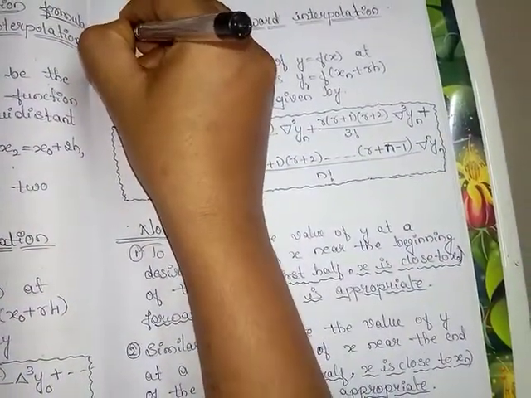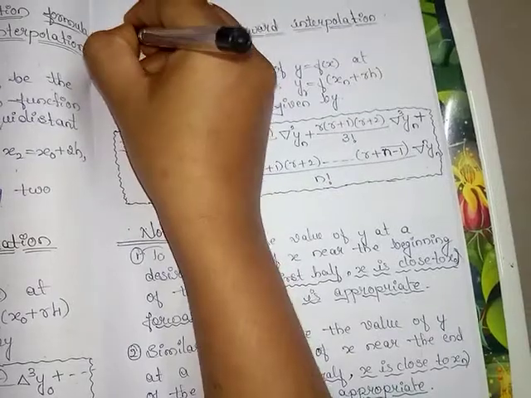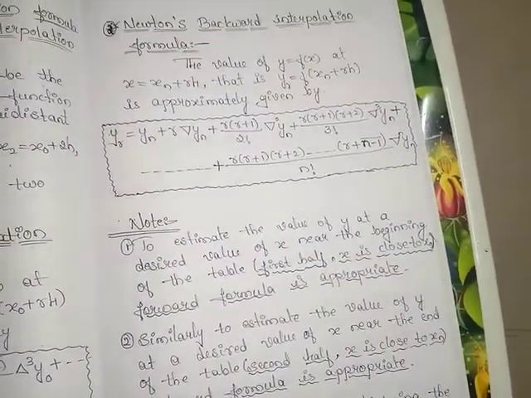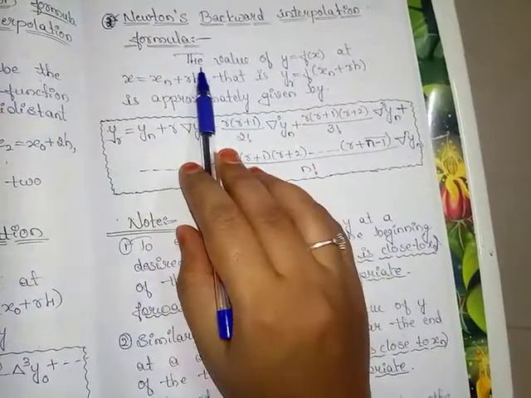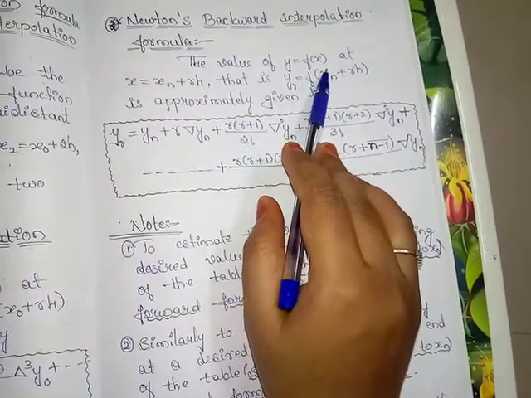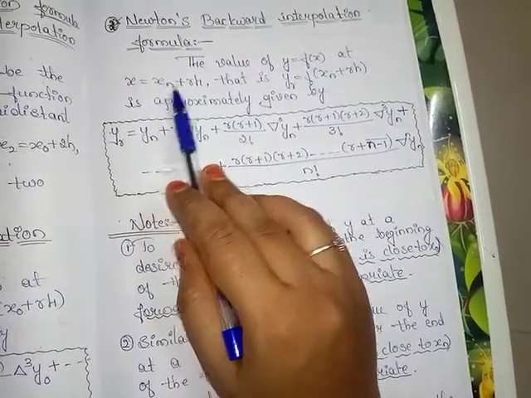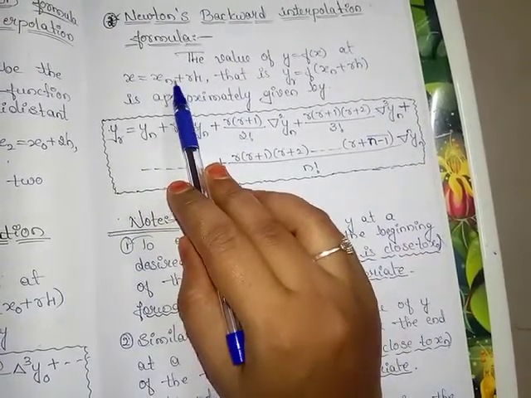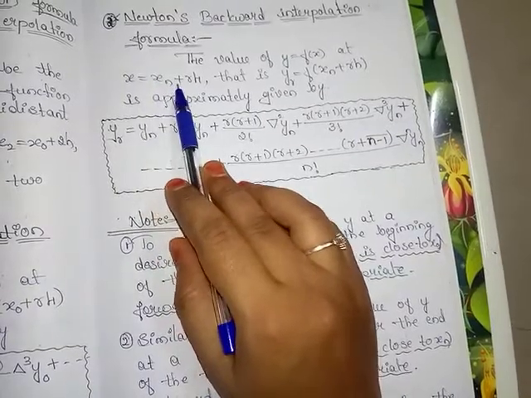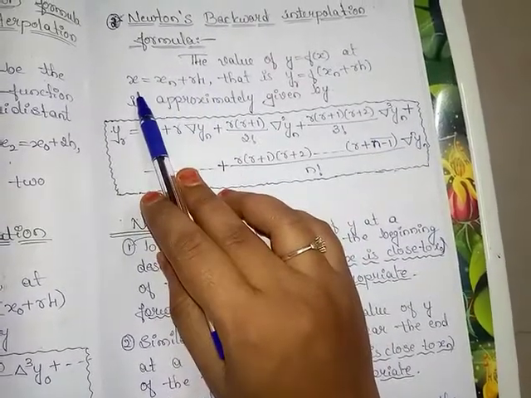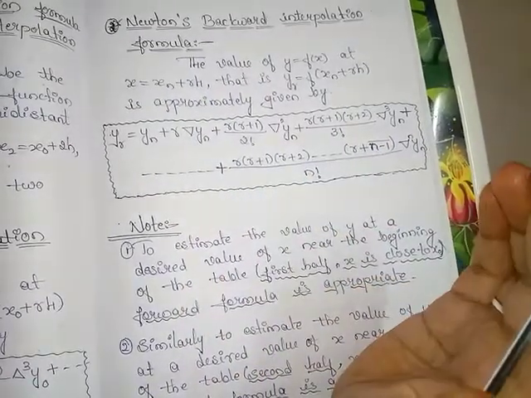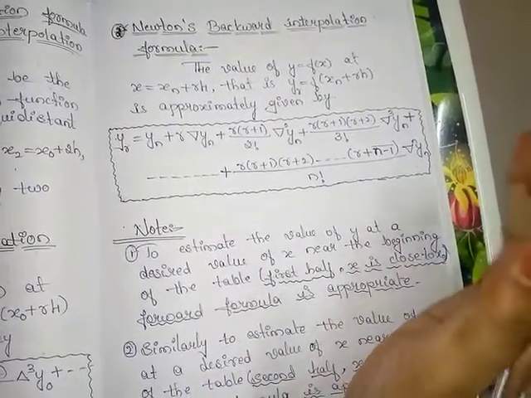This is the second one, Newton's backward interpolation formula. Here the value of y is equal to f of x at x is equal to xn plus r into h. For forward we are taking the x value as x naught plus r into h. For backward we are taking xn plus r into h. For backward we have to take values from